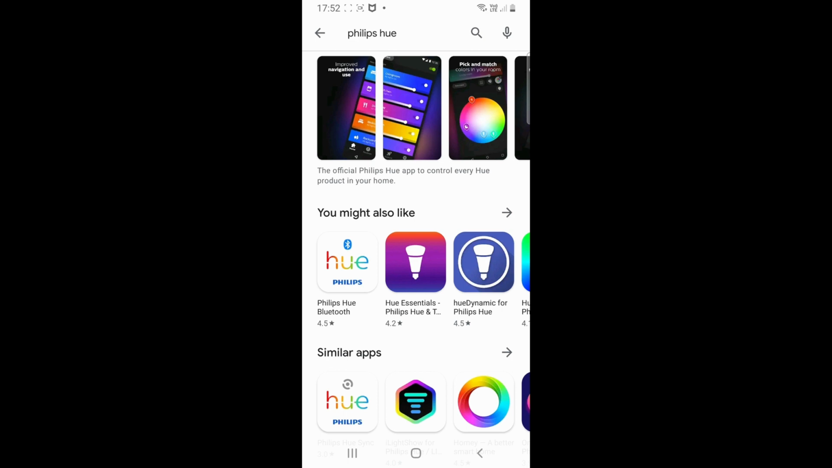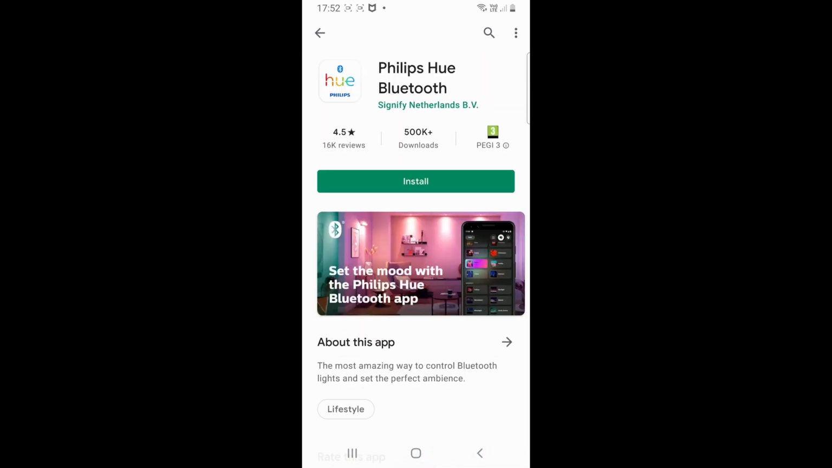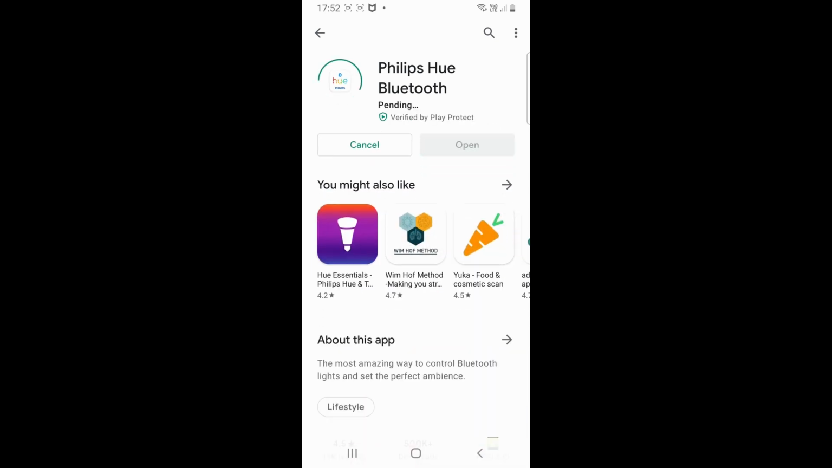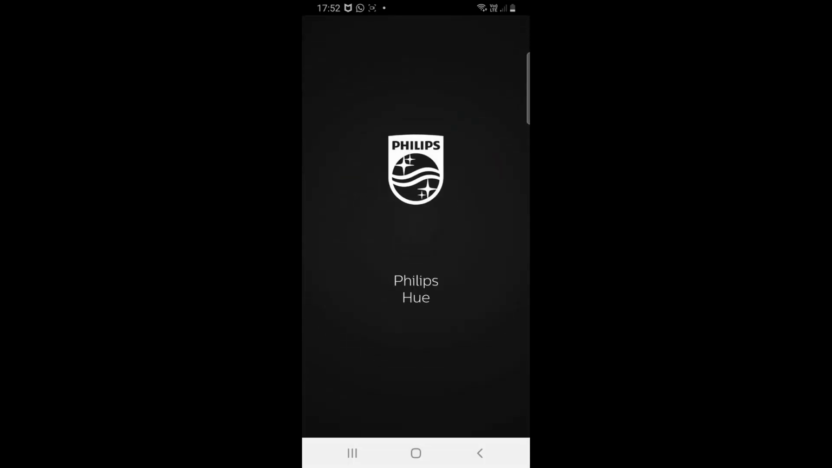Don't go for the top one, Philips Hue, go for this one here, Philips Hue Bluetooth, okay? So install that one. Now you may already have this, which is fine, but if you haven't, then download this. Now if you've just pulled the Philips Hue out of its box and you haven't done anything with it, then you won't need to do this, okay? So if you then open this up,